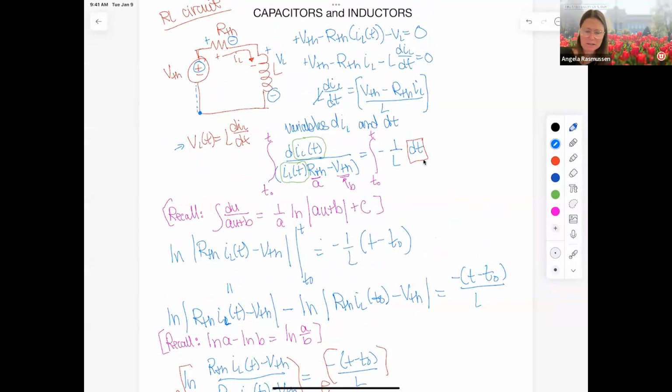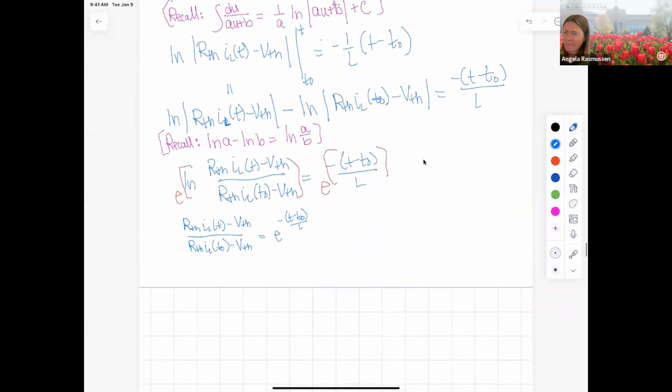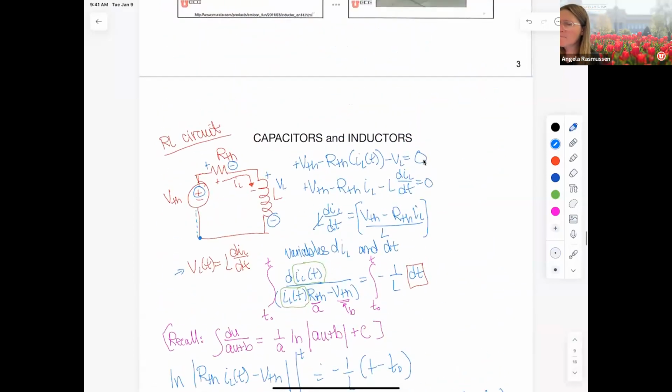There should be an RTH in here. VTH minus RTH IL minus VL, L dIL/dt over